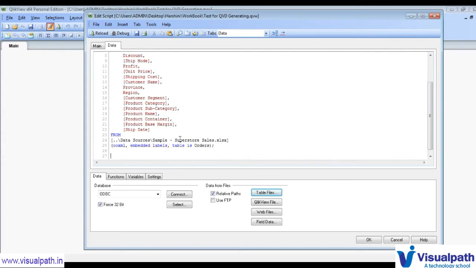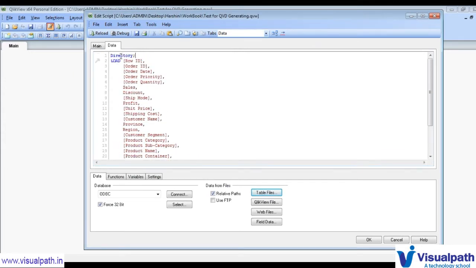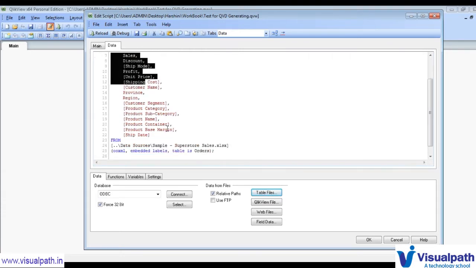I'm not going forward, I'm just clicking on finish so that the script is generated automatically. And for this one I'll create the name of the table, we can give it as orders table. Okay, and then I'll just add a colon so that the name of the table has been changed to orders table, and in the orders table we have stored all this data.